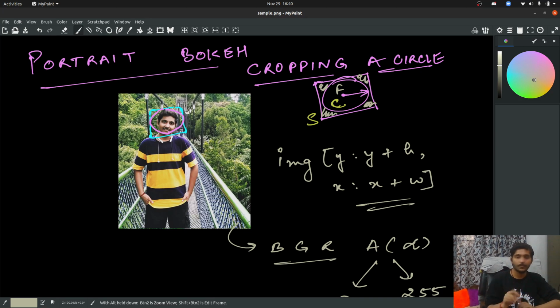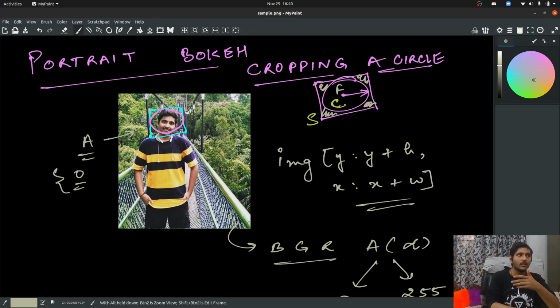be visible for now. So the first step is to try and add an alpha channel to it, or a channel. I'm just typing a for here. Once you have an alpha channel, you try to make it 0 for the whole image. Make sure that the fourth channel, according to index, it will be 3, the third index is 0 for all the pixel values. That means everything will be transparent.